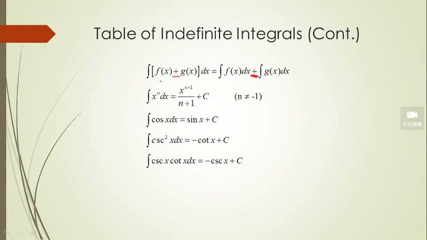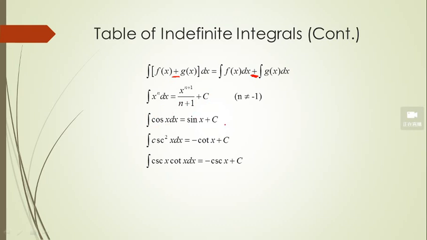Now next one, x to the n, the antiderivative. This is the case when n is not equal to minus 1, okay? Because here the denominator cannot be 0. It's trivial if n equals minus 1. So x to the n, the antiderivative should be x to n plus 1 over n plus 1 plus the constant c, right? And then cosine x,